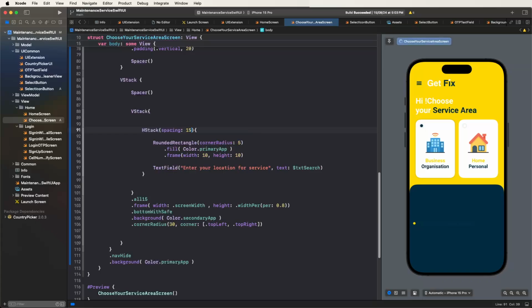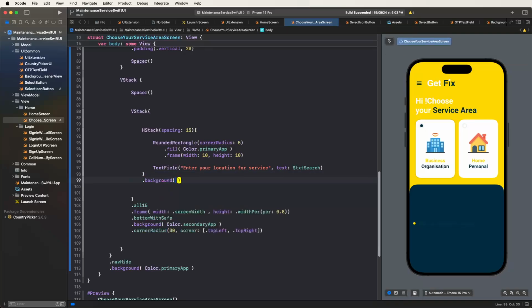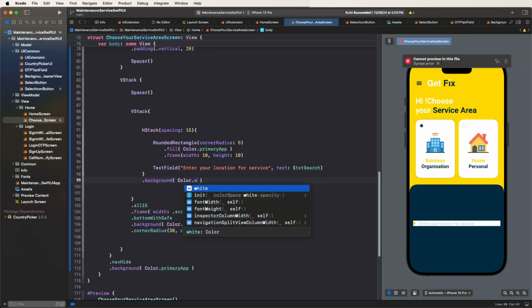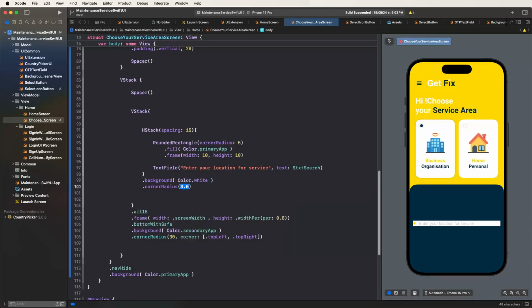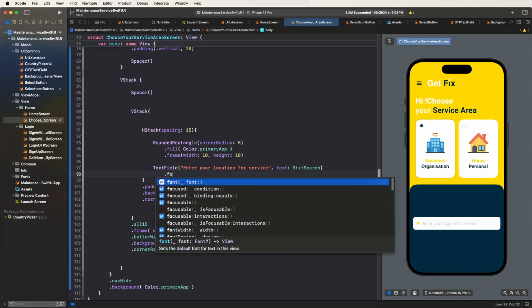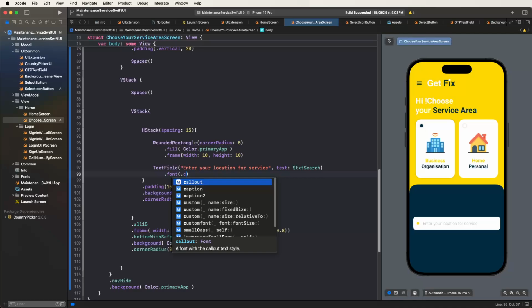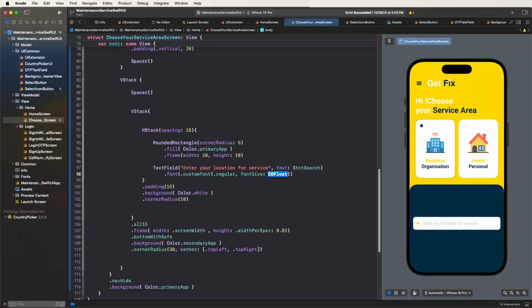Need to set here the 15s. Now we need to set here the background color white. Then after need to set here the corner radius. Need to set here the 10, and also need to set here the padding. Set here the 15s. Now we need to set here the font, custom font, set here the regular, and give this the font size as 16, like this configures,